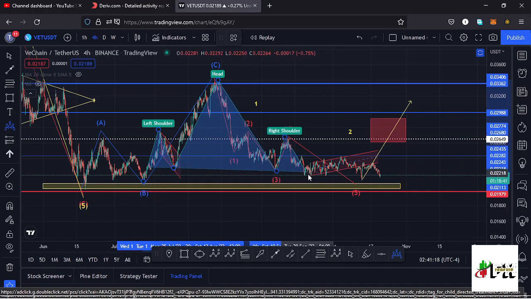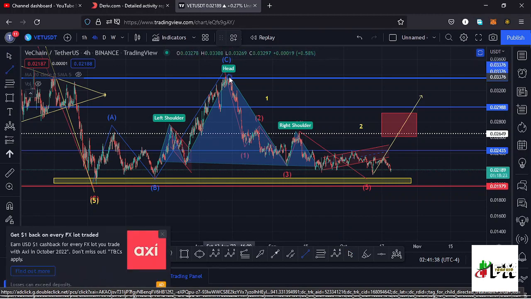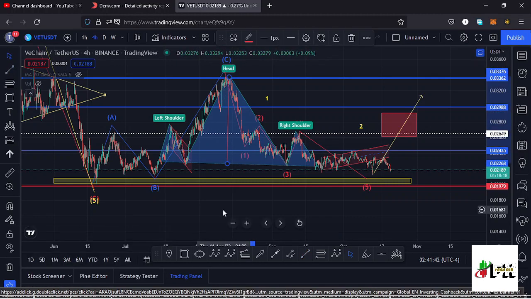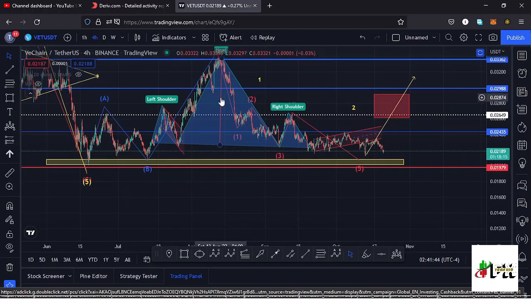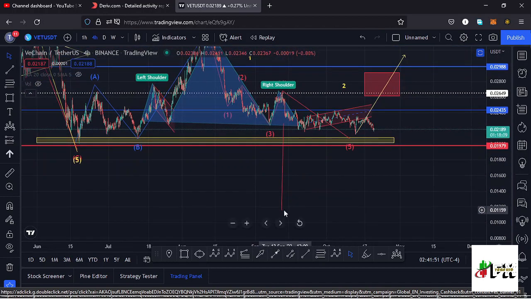After the formation of the right shoulder, we have not yet seen a breakout out of this head and shoulders pattern. Whatever we have been seeing is much of a consolidation right here, and this is a chart pattern that normally breaks to the lower side, having the target area of that breakout as the height between the head and the neckline. So using a trend line, we can get the height between the head and the neckline. Once we get that height, we can take that height and place it down here to give us a minimum target area to the lower side,